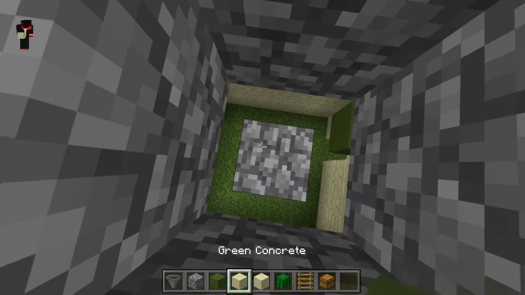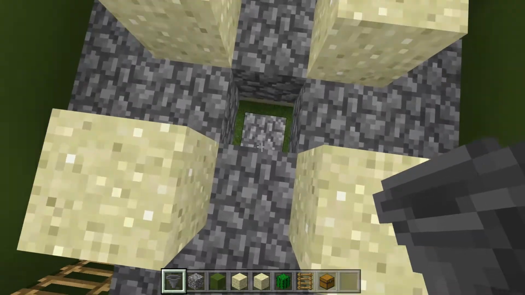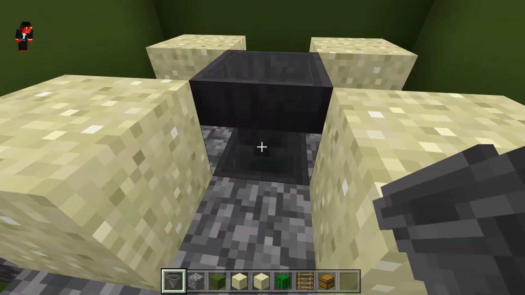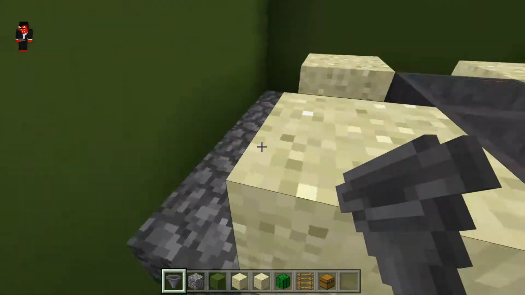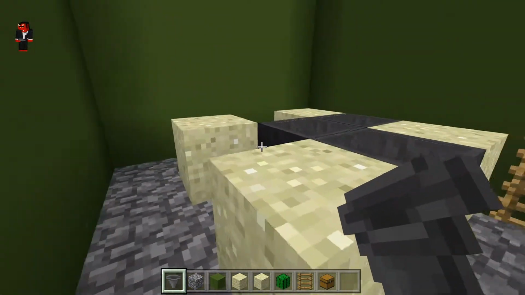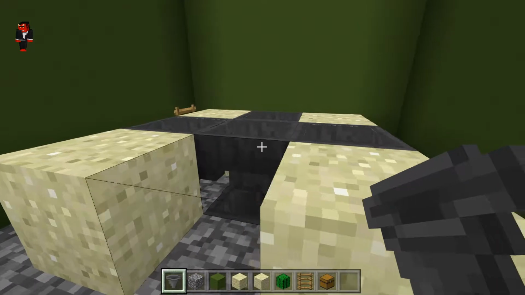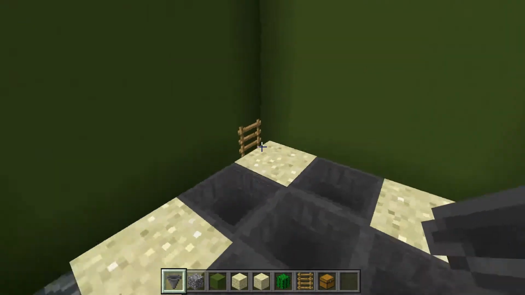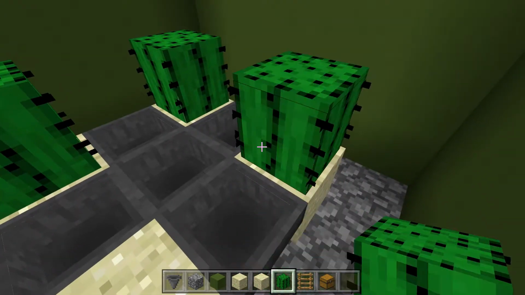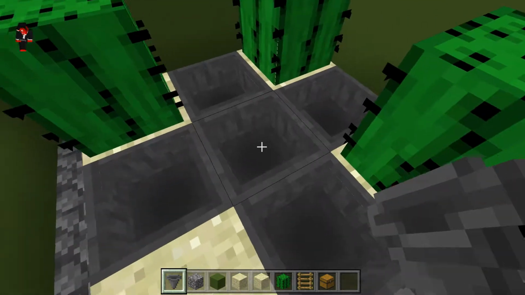Okay. And this uses a bit of materials because, you know, each one of these hoppers is five bars of iron. So, you know, you can start off with one floor and then gradually add more floors till you're getting the amount of materials that you want. I'm going to go ahead and add the cactus now, except that I know that we're going to go up higher, so I'm going to go ahead and add,